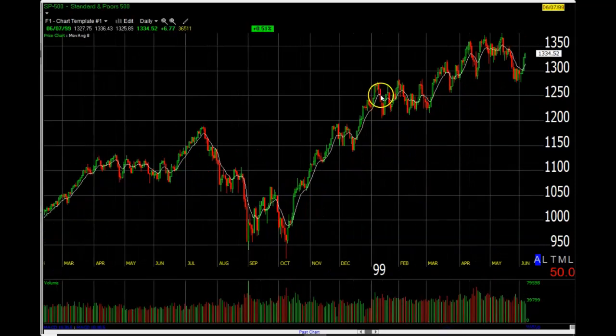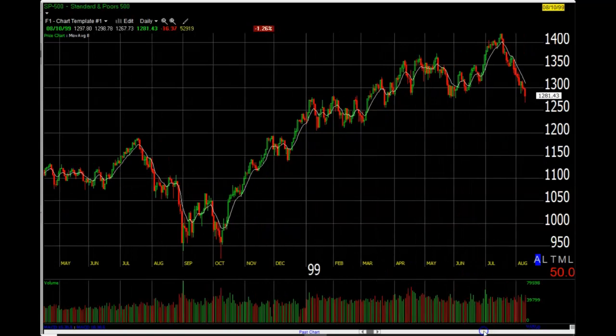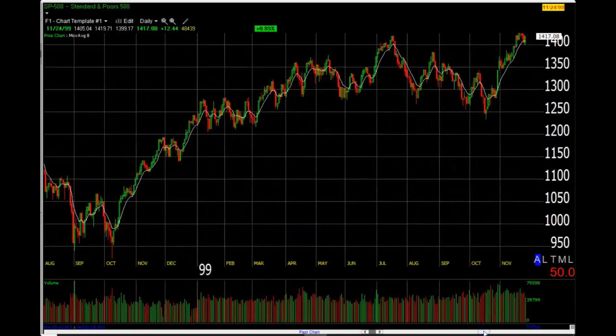You can see it was a very choppy market during the time of the first rate cuts. So this is probably a time when the market was trying to see exactly what the Fed was thinking. And then once they did finally raise rates, it kind of gyrated around for a couple of weeks before it ended up making a new high. So let's walk it forward all the way till June of 2000.